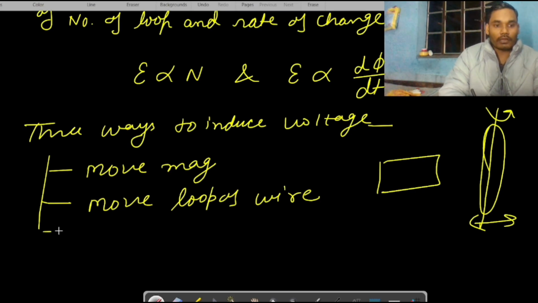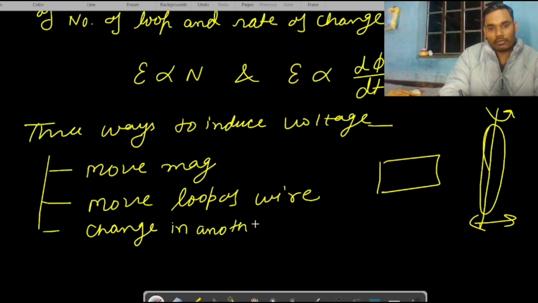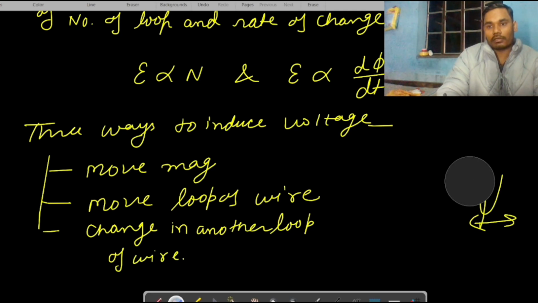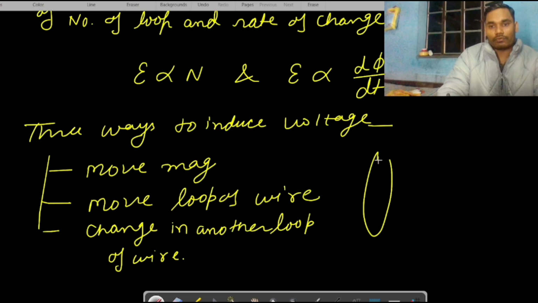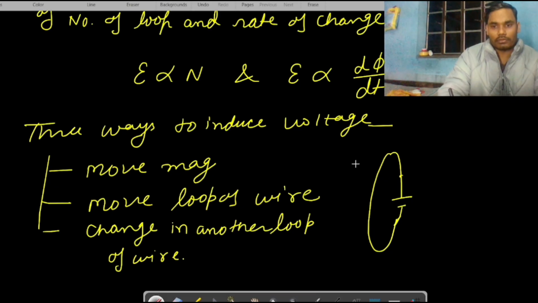Now the third way is to change the current in another loop of wire. How? Let's see. There are two wires. Here I have a battery in this wire, and a switch, and there is a coil. So when you switch on